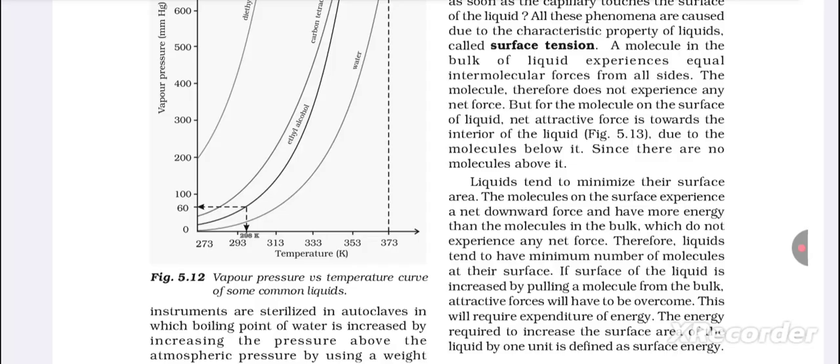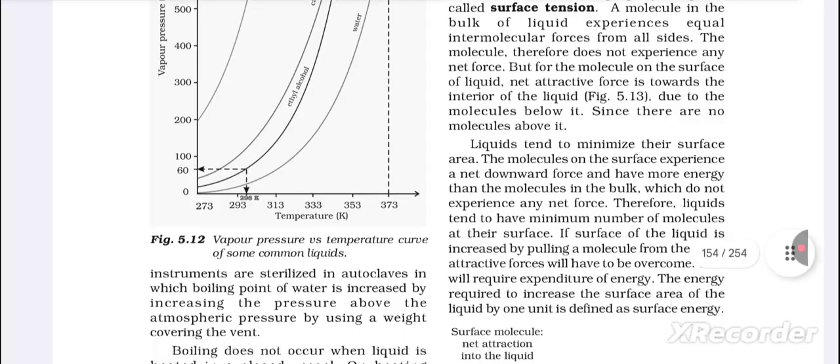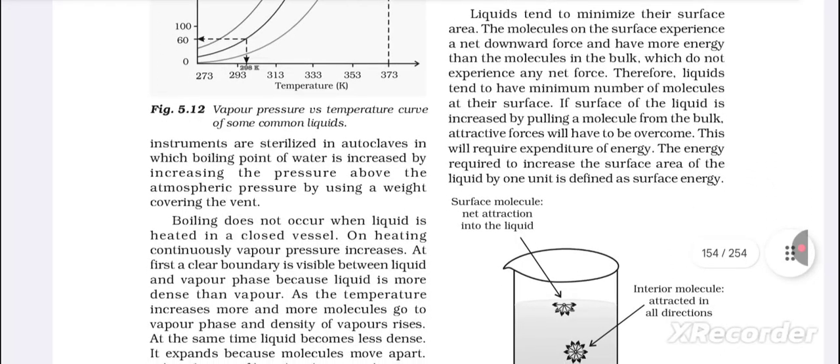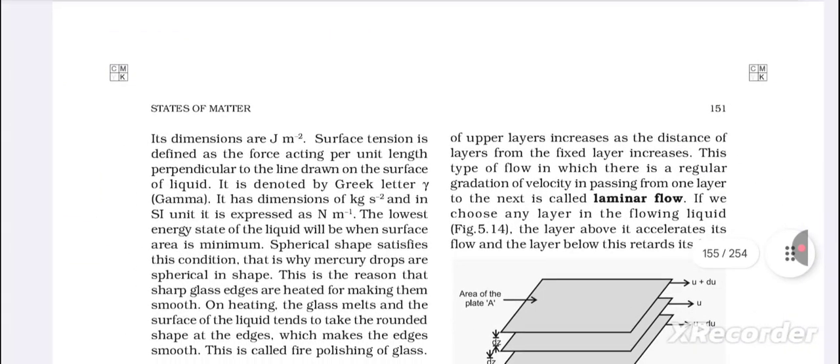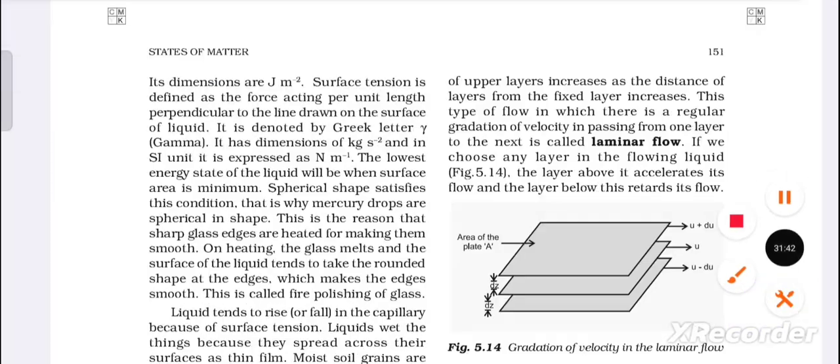If the surface of the liquid is increased by pulling a molecule from the bulk, attractive forces will have to be overcome. This will require expenditure of energy. The energy required to increase the surface area of the liquid by 1 unit is defined as surface energy. Its dimensions are J per square meter. Surface tension is defined as the force acting per unit length perpendicular to